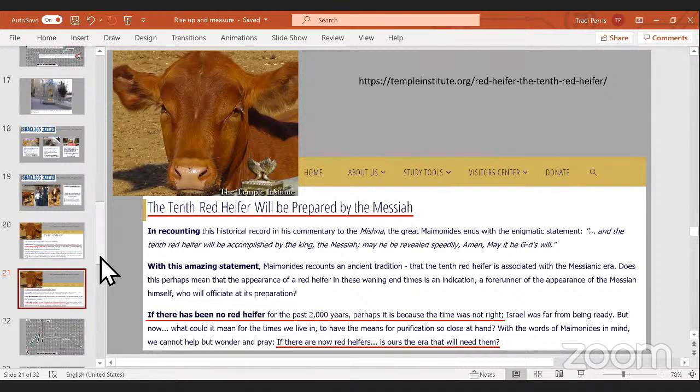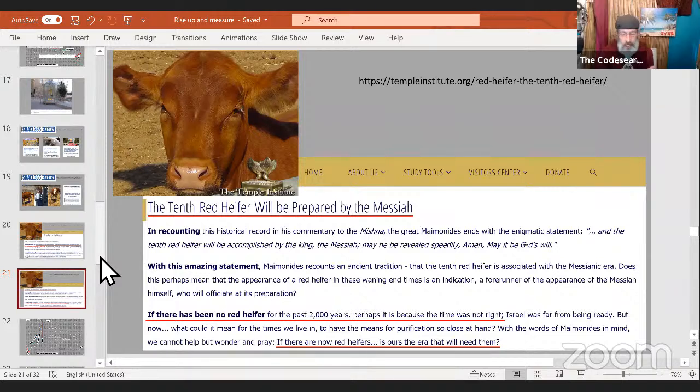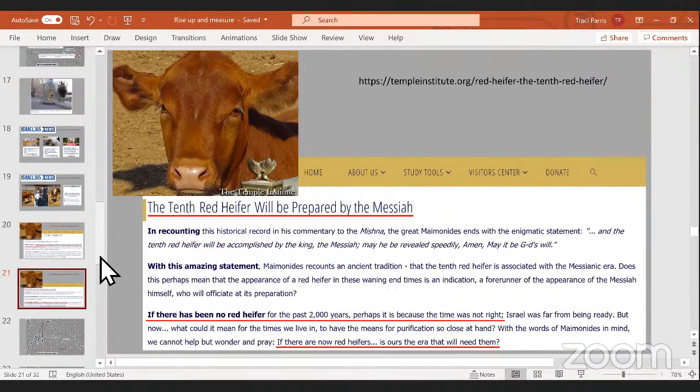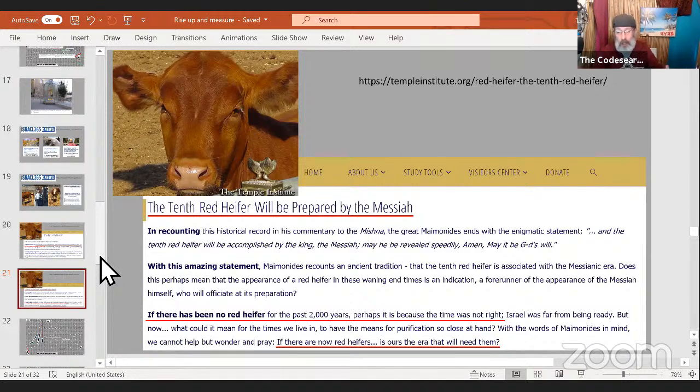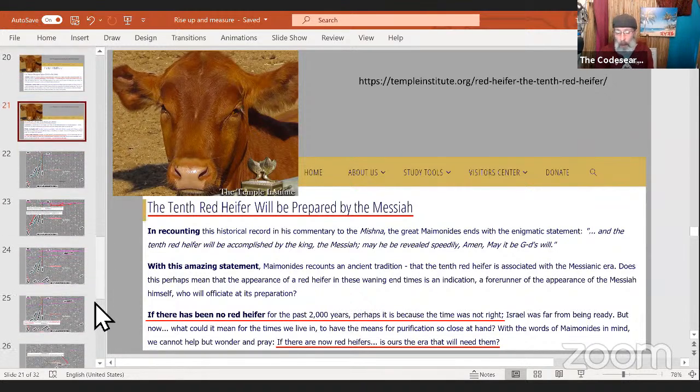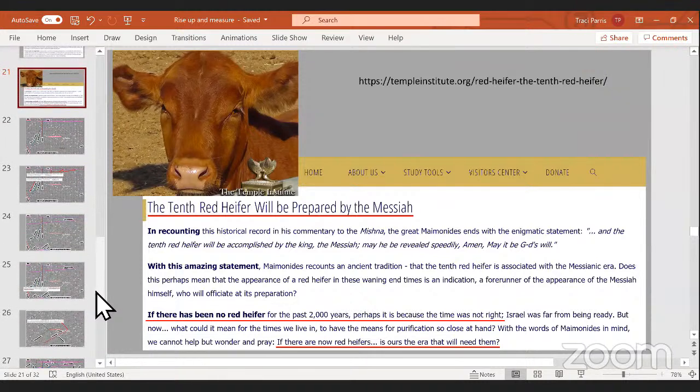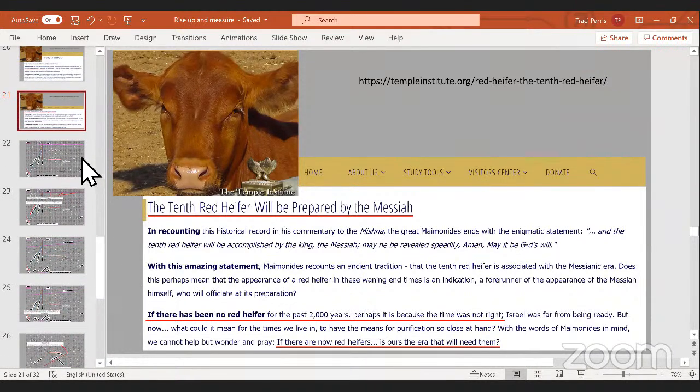Yeah. So the significance of the red heifer is that when they have the temple, they have to sacrifice a red heifer that cannot have any white hairs on it, or any blemish, anything. This is all a part of the cleansing of the temple, to cleanse the area before they build. Right. They need the ashes.